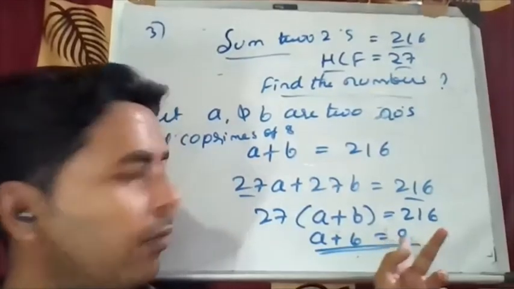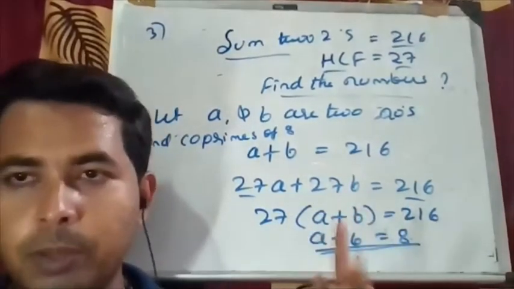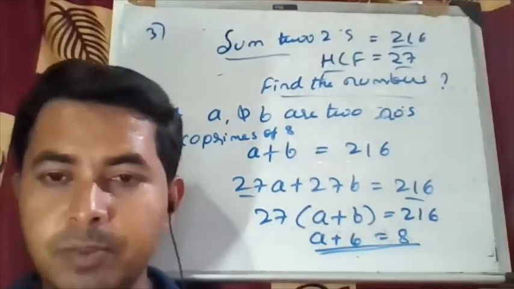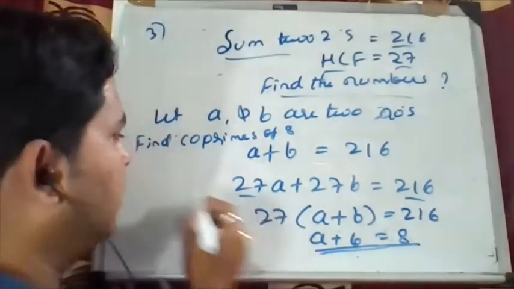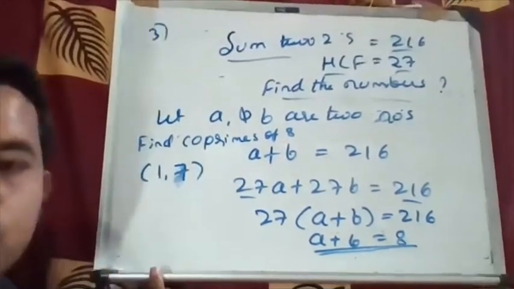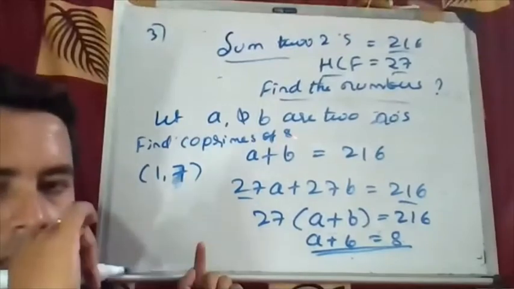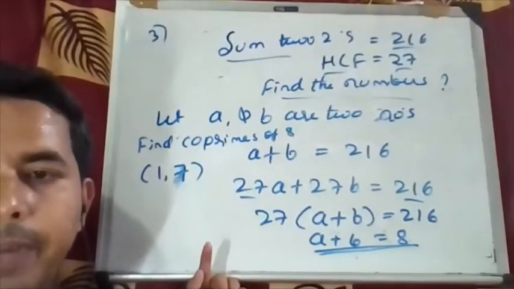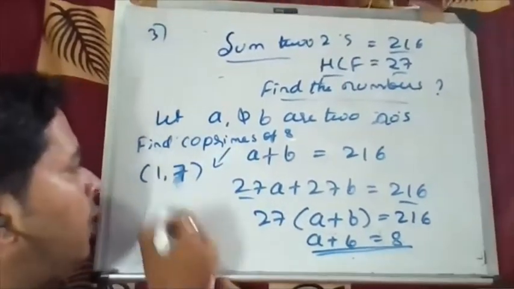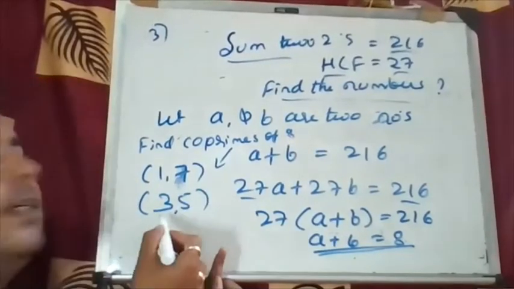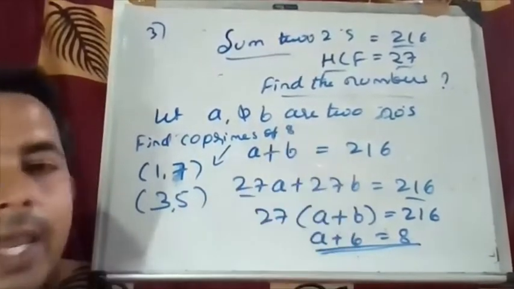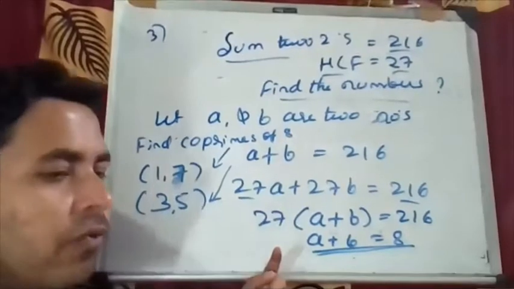क्या होना चाहिए? Co-primes means क्या होता है? अगर वो दोनों नंबर को आपने ऐड किया तो उसका सम क्या आना चाहिए? 8 आना चाहिए, लेकिन वो दोनों नंबर किसी से भी मल्टीप्लाई नहीं होना चाहिए. Okay, like if you take 1 and 7, if you add these two, that is 8, but 1 is a prime number and 7 is also a prime number. So 1 and 7 are co-primes of 8. And if I take 3 and 5, here 3 does not divide and 5 also does not divide. Both are primes, and if you add, that will give 8. So these are also co-primes of 8.